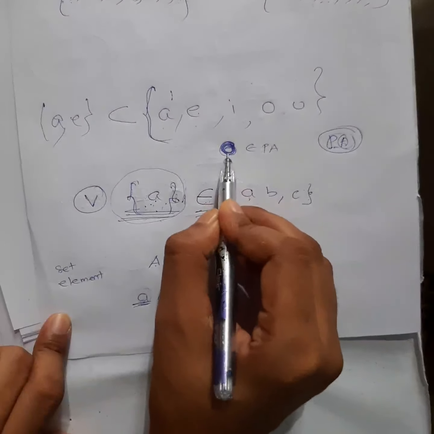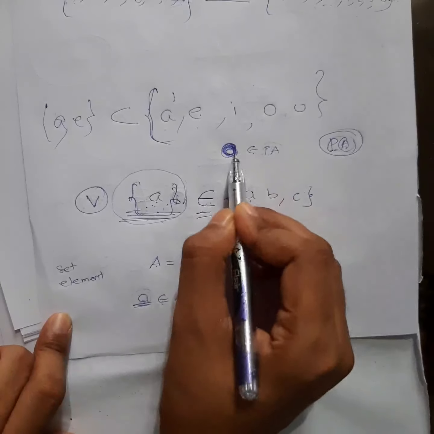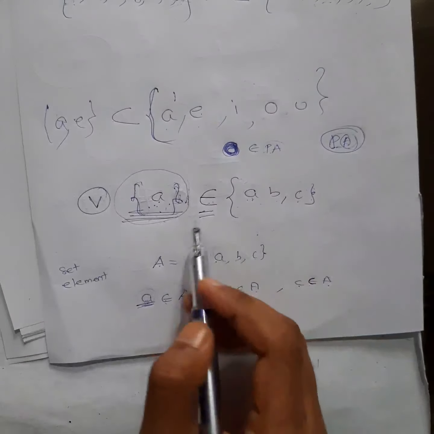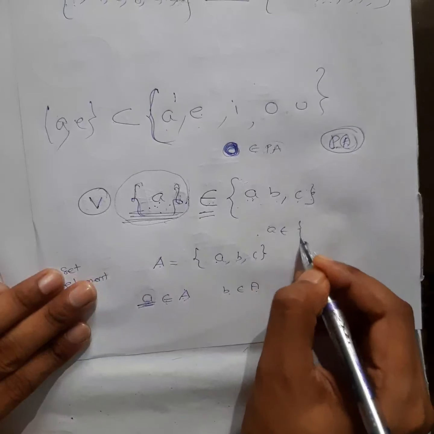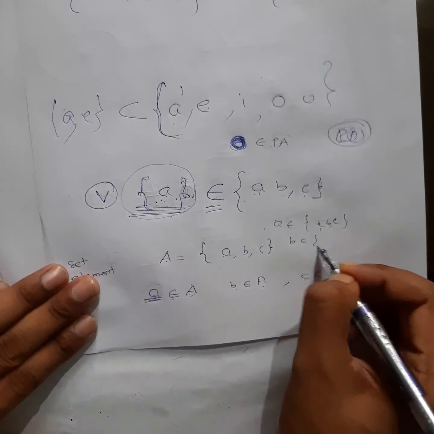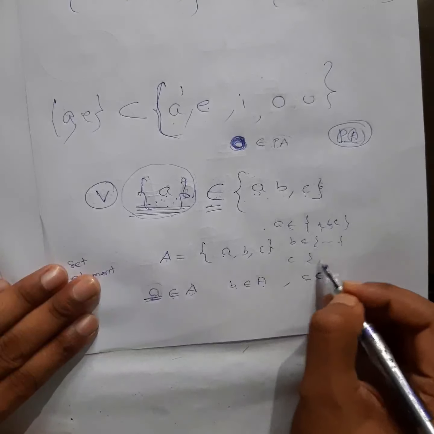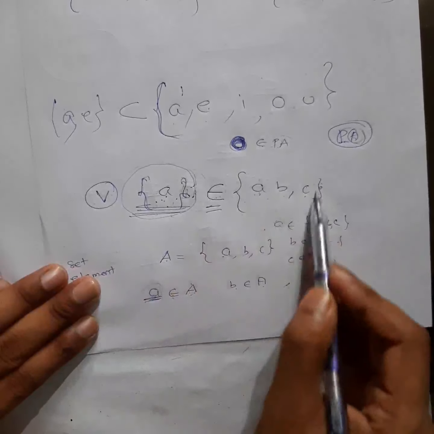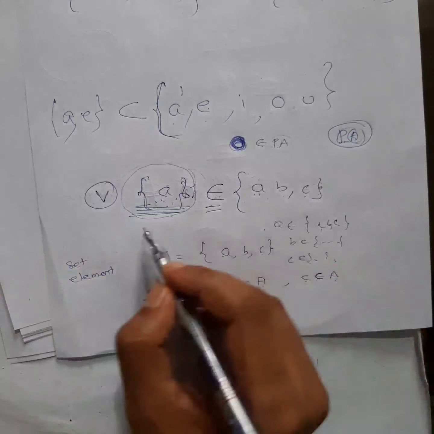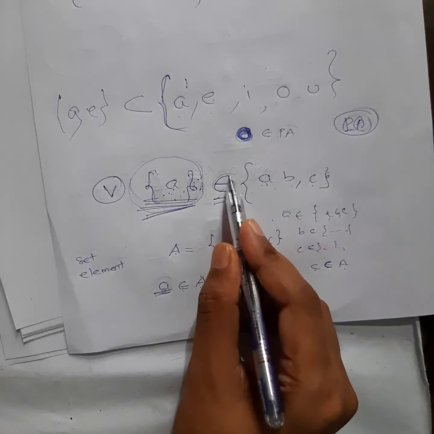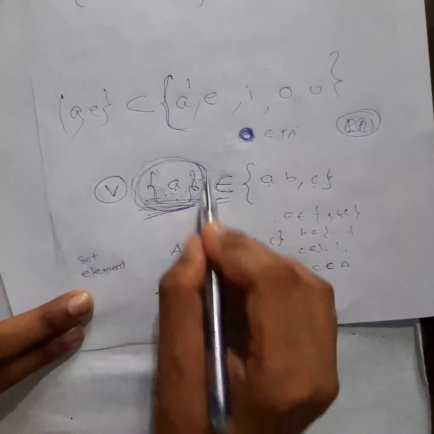So this can be a set, and belongs to this I can write. But in this case, A, B, C is the element. So I can write either A belongs to this set, A, B, C, or B belongs to this set, or C belongs to this set. But a set cannot belong to this set. Okay. I hope you can understand this is a set, not an element. When we write belongs, it means this must be an element.